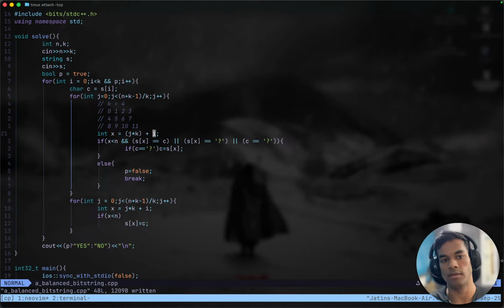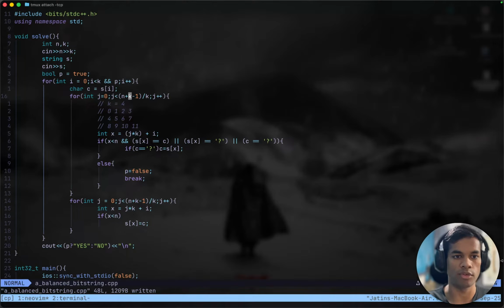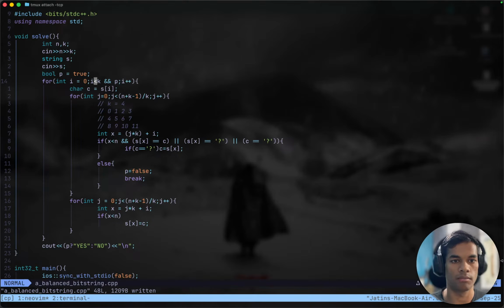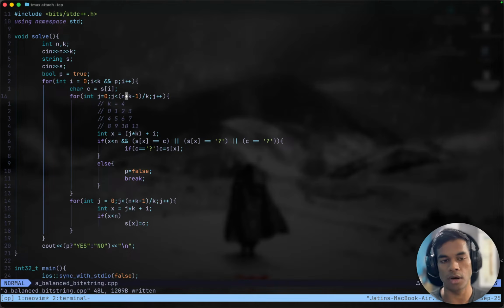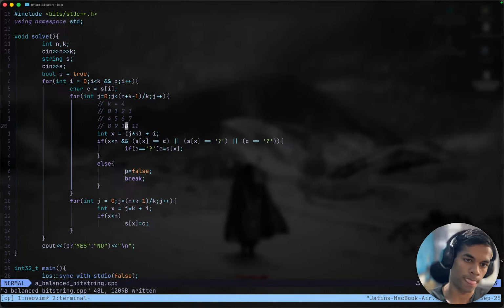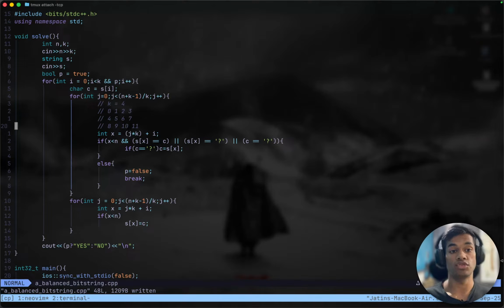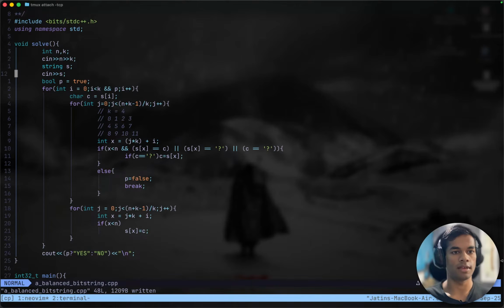And then plus i to index internally in K, which starts from 0 right here. Okay, so that indexing is correct. And we are going till the upper limit of this thing. And then shit, we don't even have to check this. We can just say